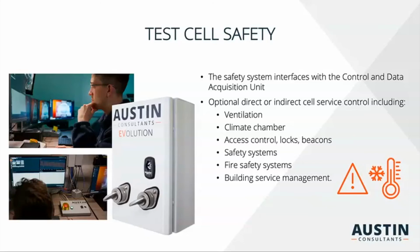From our perspective, we can obviously help design and build safety systems based on your requirements. But if you've already got a safety system or you've got a different vendor you want to go with, we're more than happy to work with them and then integrate that into the system. But at the end of the day, we want to make sure your signals are coming through our system and you're able to see it